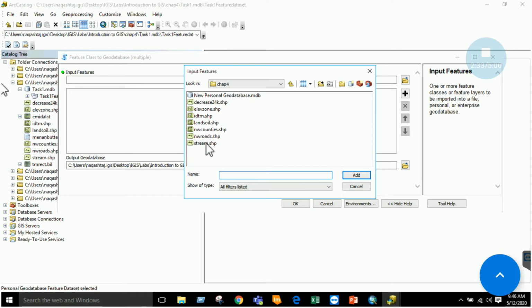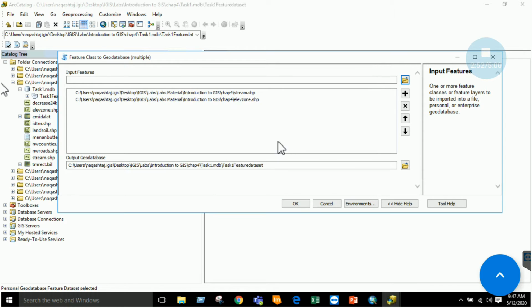Here you have to import two things. One is your streams.shp file from chapter 4. You have streams.shp and elevationzone.shp. So just press Ctrl and add the two files and click OK.